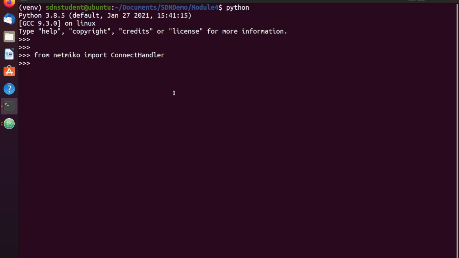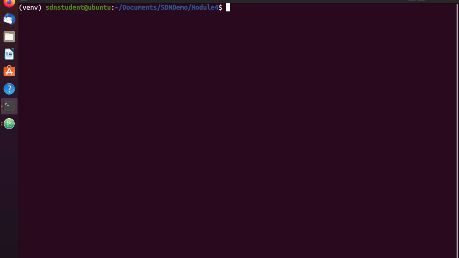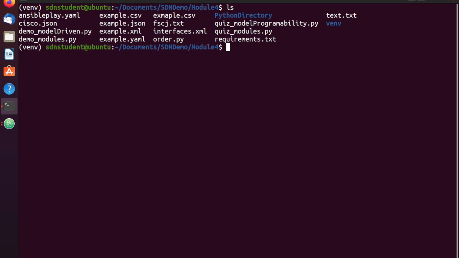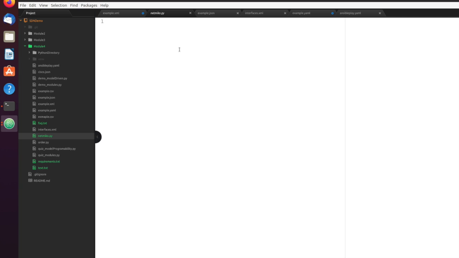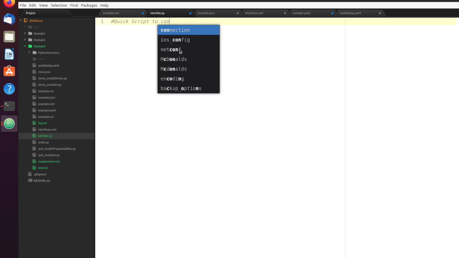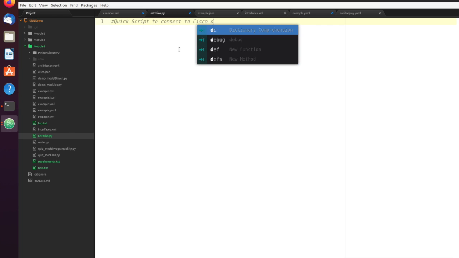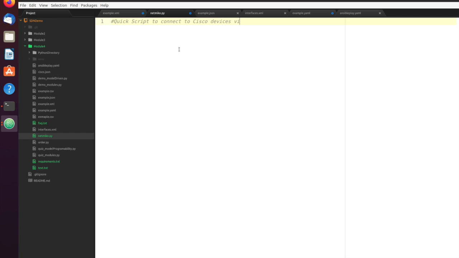So since I'm already in here, I'll go ahead and quit. Clear list. Alright, Python directory then. I'll do a touch and we'll call this netmiko.py, and then I'll open this up, go to my netmiko.py, and add a comment at the top: Quick script to connect to Cisco devices via SSH. Alright, so we already know what the first one we need is, from Netmiko import